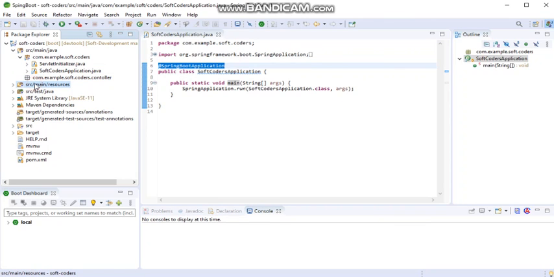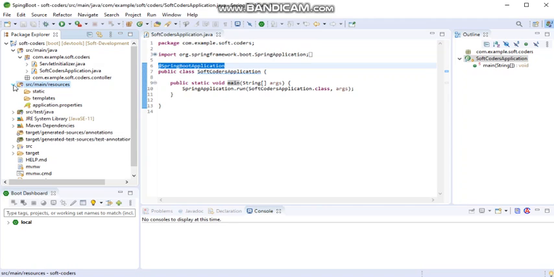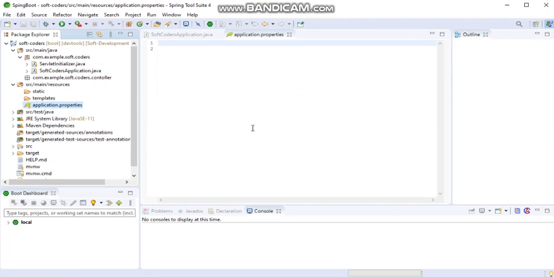And this is for resources. Inside that is the application.properties file, in which you can provide configurations related to the server like server port, and your ORM related configuration you can also provide inside it. And if you want to add other properties files, you can add them.